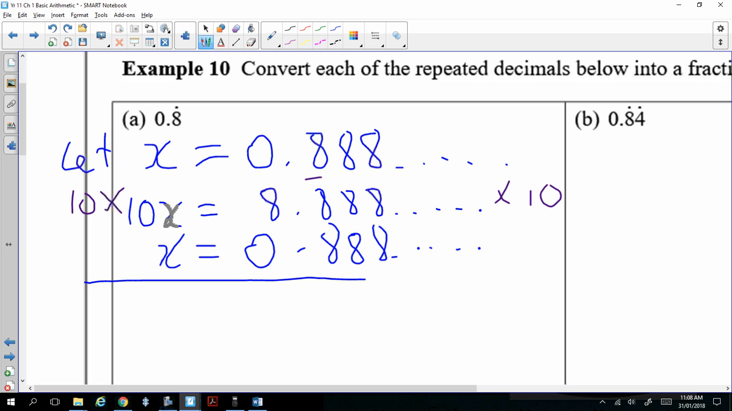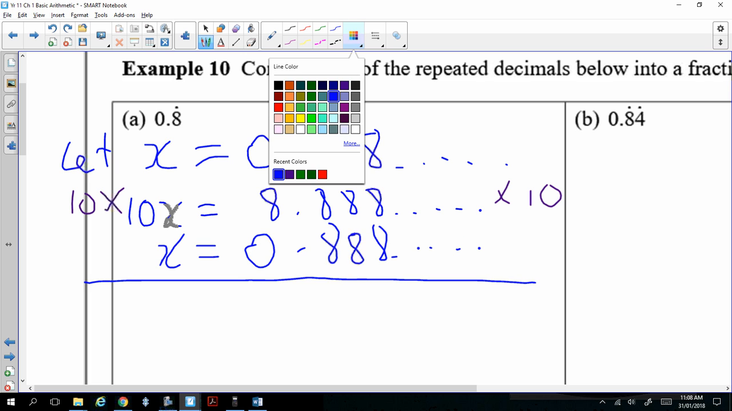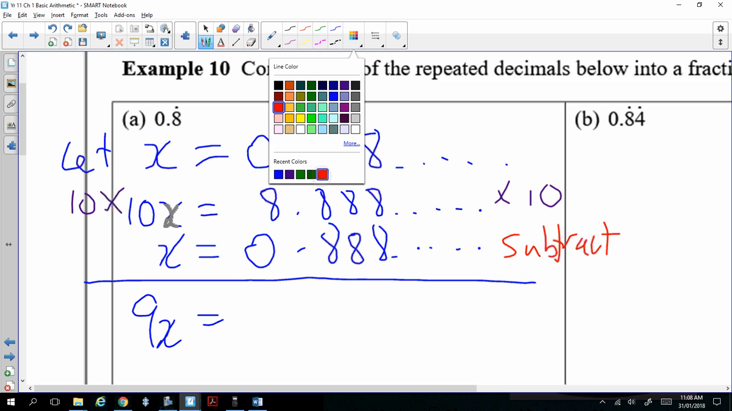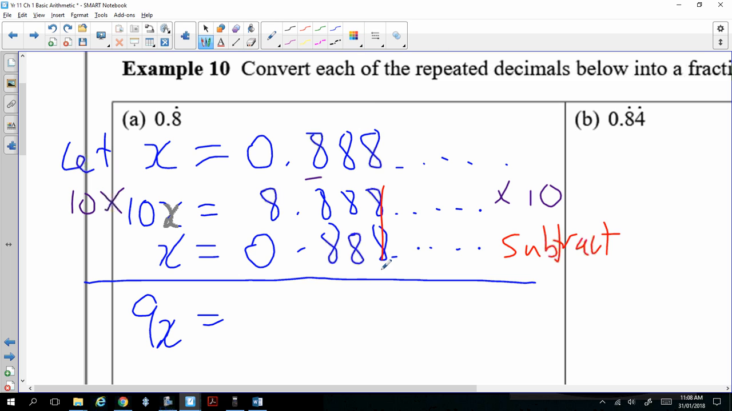Subtract. So what happens if you subtract 10x by x? What do you get? 9x. 10x minus x is 9x. Now if you look at this, all the 8s, there's infinite of them, but they're all cancelled, isn't it? So only 8 survives, so you write 8 over here. So your final answer, we're going to find out what x is, which is 0.8 repeating, will be x equal